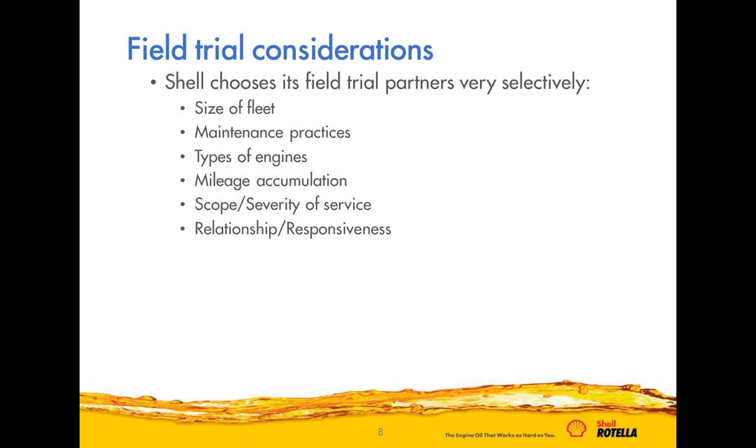The size of the fleet is critical. The largest fleet that I have on test at this point is a total of 68 trucks in the fleet. That means they've got one terminal. That means the mechanics that see the trucks see them every time they roll through the yard. And we've got better control over our field trial operations working with the smaller sites. In the past, we've tried to work with some of the larger fleets, and if the information doesn't get down to the guys that are working on the lube rack, then nothing really gets accomplished